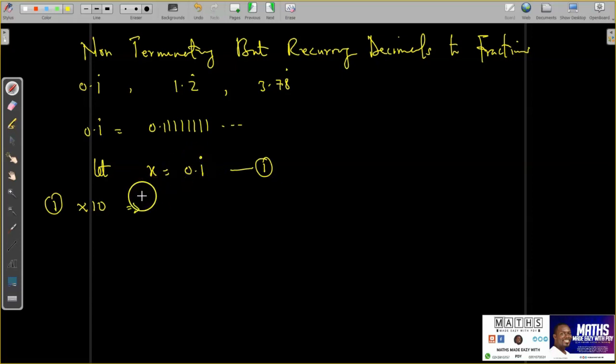What are we going to obtain when we multiply through by 10? Can you guess? It's an equation, so multiplying through by 10 affects the left hand side and also the right hand side. So what are we going to obtain? 10x is equal to 1.1